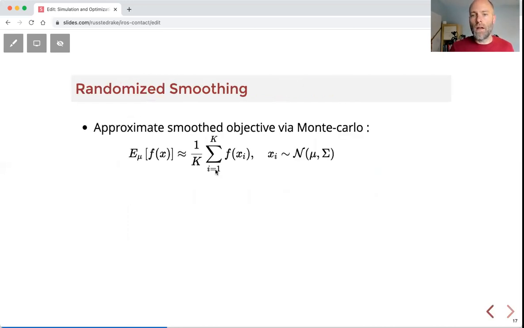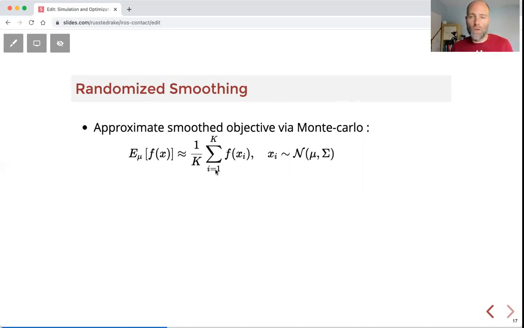There's a lot of work in this world in optimization. It's often called randomized smoothing, in particular when you take this idea of the probabilistic interpretation of smoothing your function, and then you implement it numerically using Monte Carlo approximations. So if I draw some samples from that random distribution and I evaluate the function at a bunch of those points, how do I reconstruct the function or the derivative of that function?